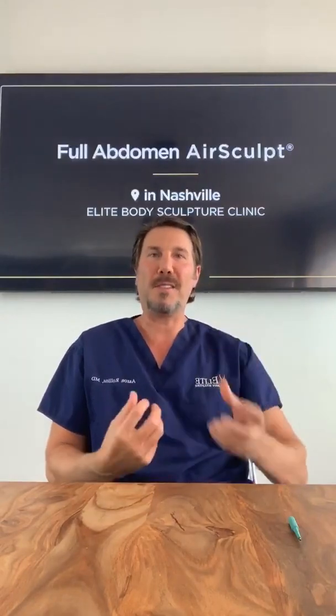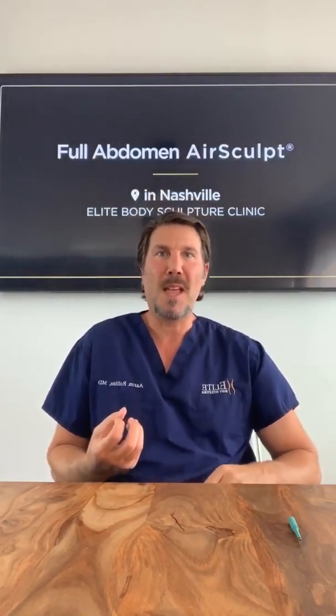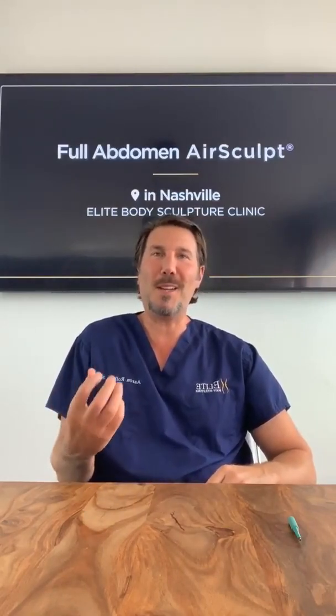What's the difference between stomach AirSculpt and 48-hour six-pack? So what's the difference between air sculpting your abdomen or getting a 48-hour six-pack? I came up with a 48-hour six-pack because there were some patients that had really good abdominal muscles, both men and women, and a layer of fat over it. And I noticed if I air sculpted the fat off their tummy,